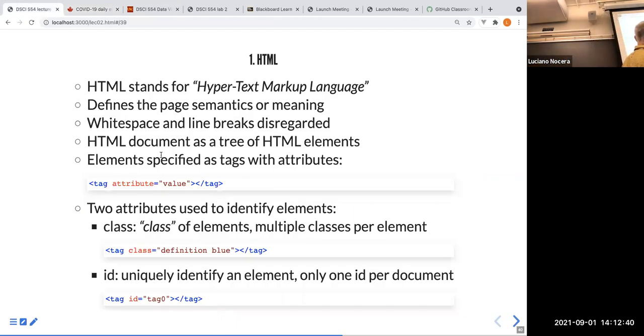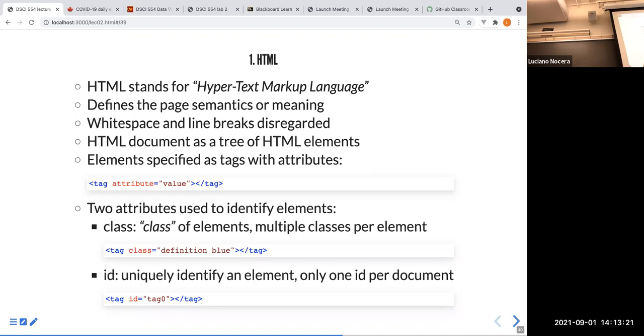Because of the motivational slide, you need to learn some of the HTML, some of the CSS that allows you to style things in the page, and some of the SVG that allows you to do the drawings. HTML is just a language that defines a specification for how pages are structured, and you usually have this notation with a tag, in this form. The tags can have attributes with values,